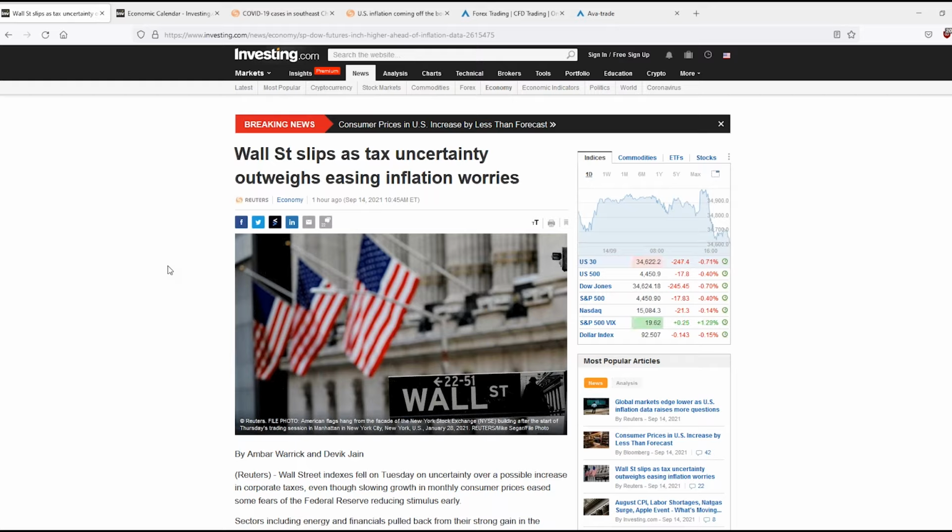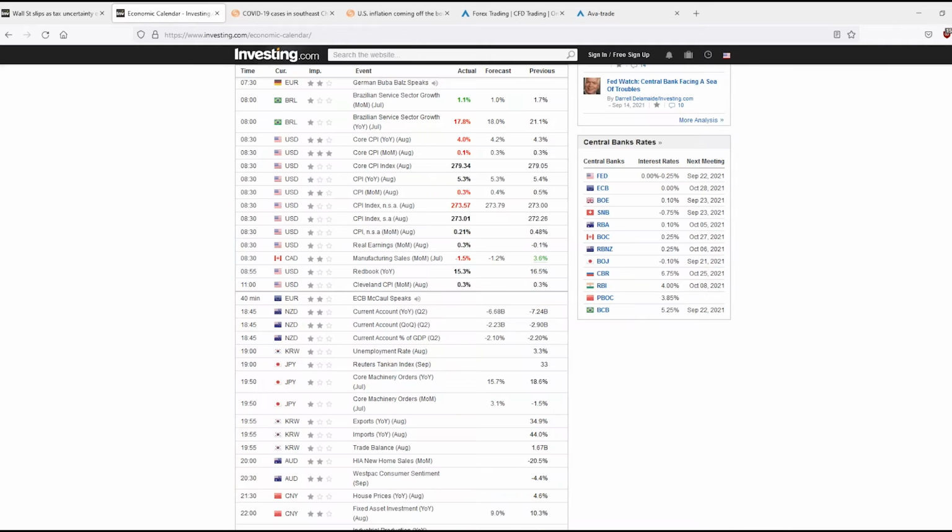So the CPI numbers came out, and maybe we'll take a look at that first. The CPI numbers were here, and so Consumer Pricing Index came out lower than expected, and really we're focusing on the core CPI. That's the 3-star, the high volatility expected announcement. It has the largest effect, the core CPI numbers, and they were lower than expected. So 0.1 on the inflationary number there instead of